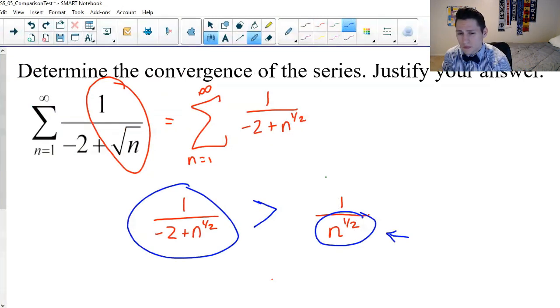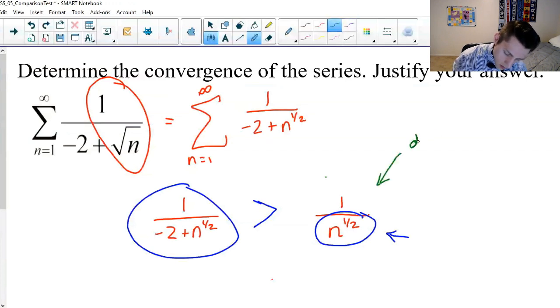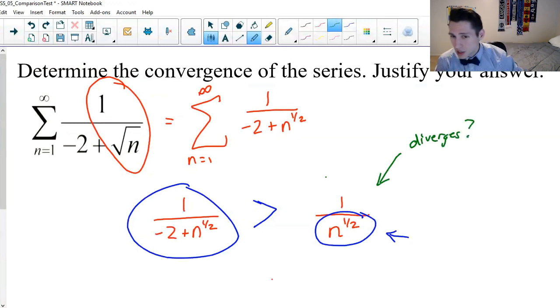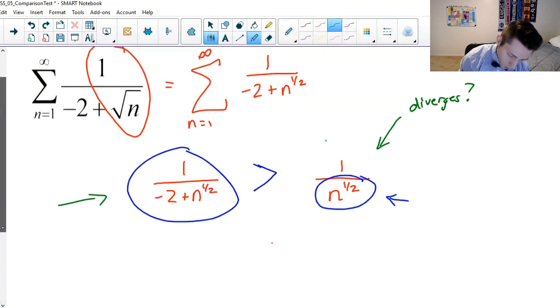Okay, so since it's less than, if I could show that this diverges, then it would also prove that this diverges. Right? That right side is less than the left side, but if that right side series is diverging to infinity, and the left side's always larger than the right side, well then it'll also be forced to diverge to infinity as well. Okay, so let's see what I can figure out